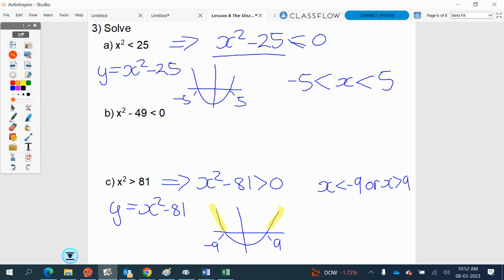We can't put a single inequality to express this because there's two intervals. But you can do it using interval notation. So we go from negative infinity up to minus 9, union 9 up to positive infinity. So we can express it with inequalities like this, or we can express it with interval notation like this. Why can't you put the same inequality signs